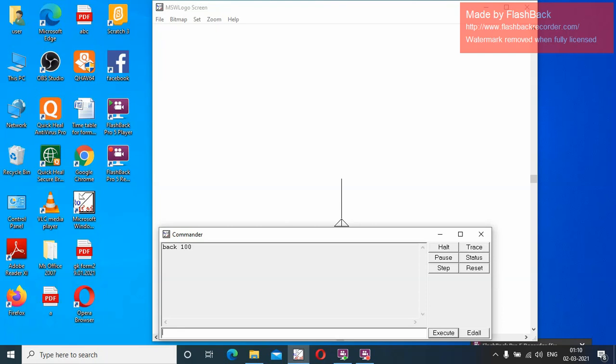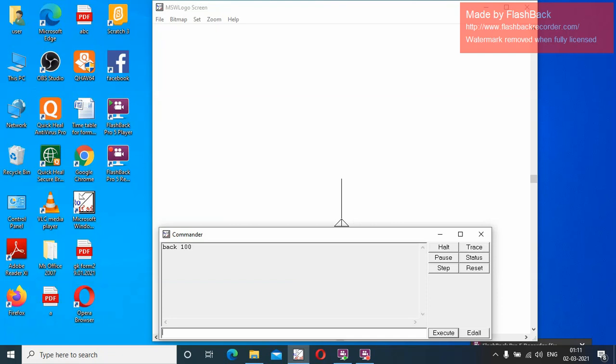Before we started chapter 9, I showed you some, like CS CT, hide turtle, show turtle. Those commands are in chapter 9, but they are most useful, so I introduced them to you with chapter 8, right? Now we have seen the forward and BK commands.